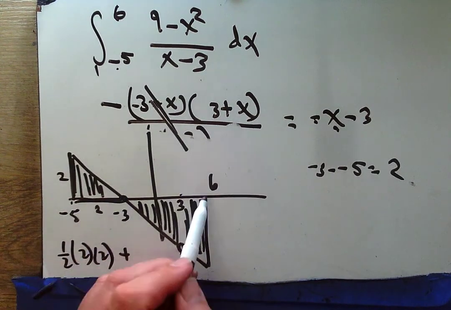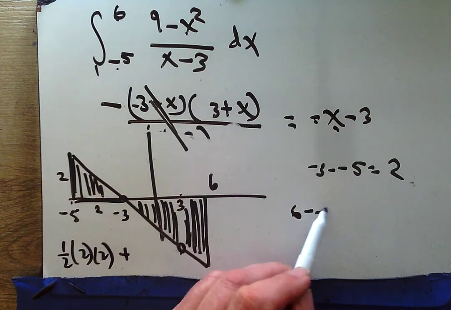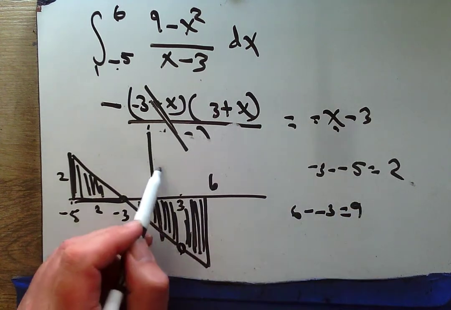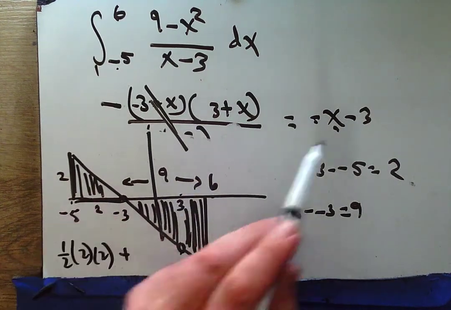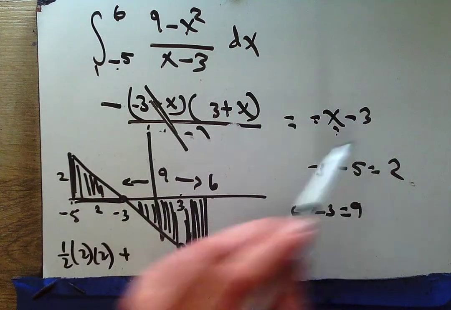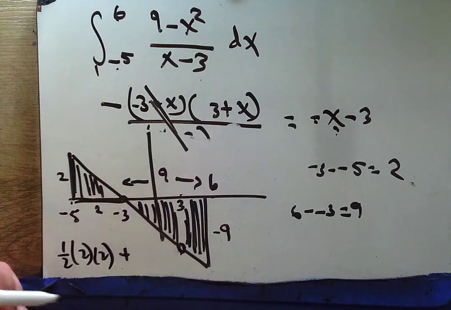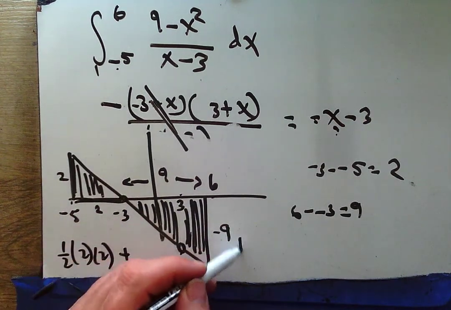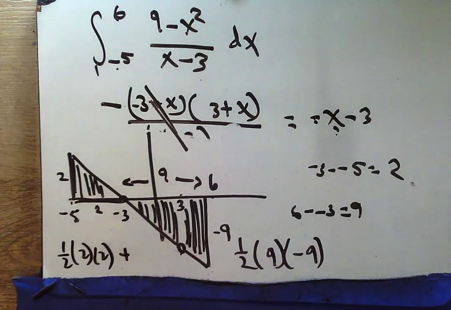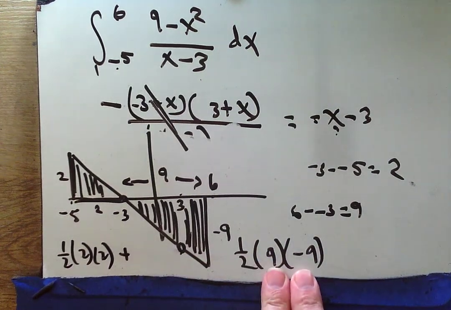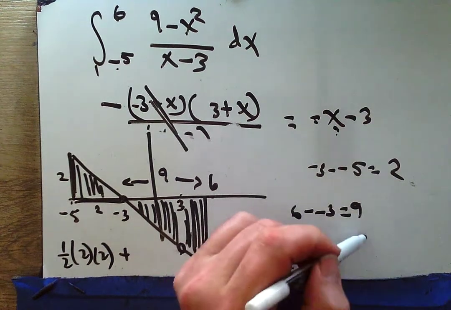Well, I'm going from -3 to 6. 6 minus 3 is 9. So we know that this length is 9. And if I plug a 6 into this function, I have -6 minus 3, which is -9. So I'm going to have 1/2 9 times -9. So that's going to be -81 over 2